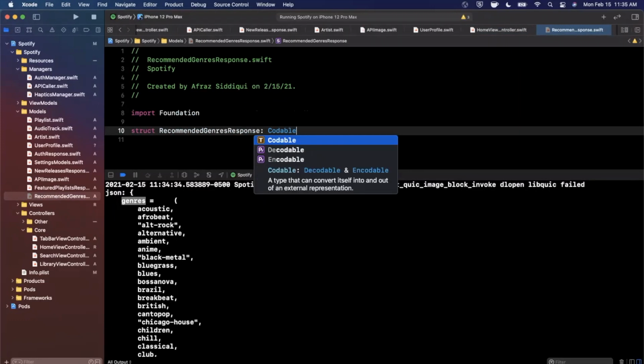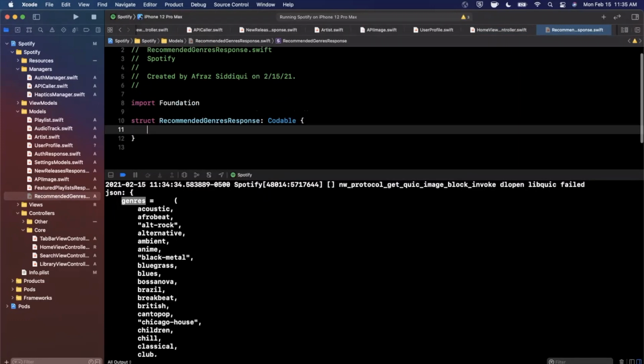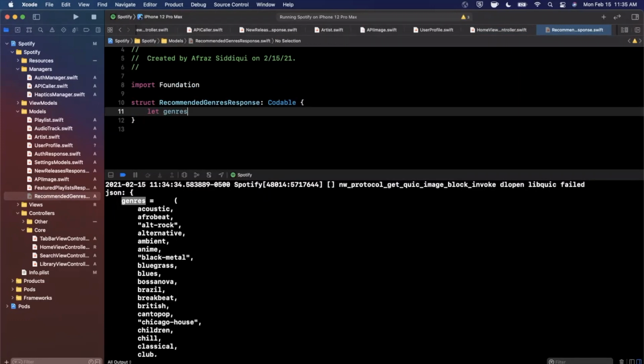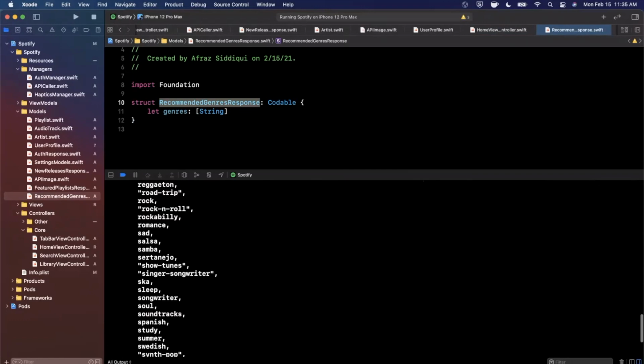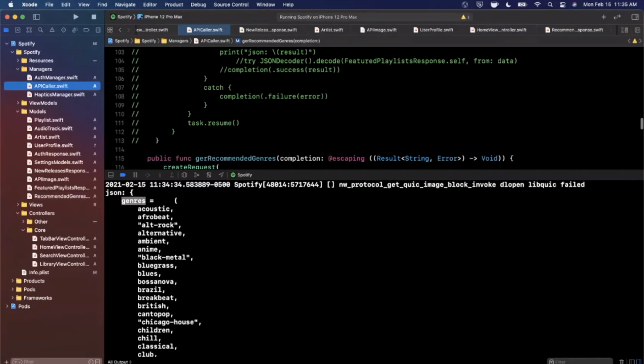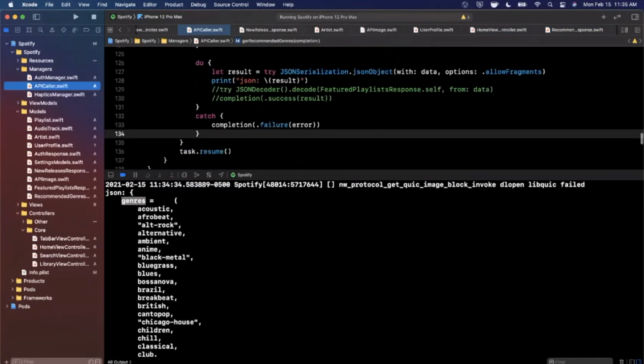This video has also gotten super long, so I might cut it in like a moment here, but this has a genres in here, which is an array of strings. Looking great. Let me make sure nothing else is in here. Yep, they're just strings. All right, so we can now go back to our API caller, and in this function,